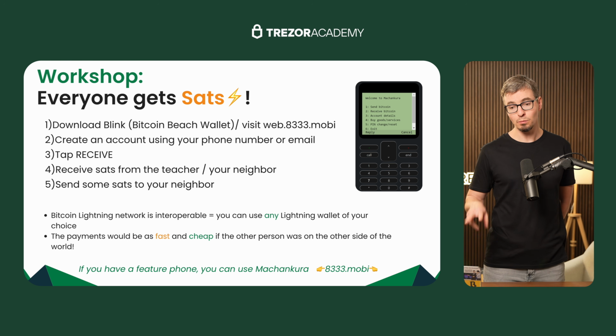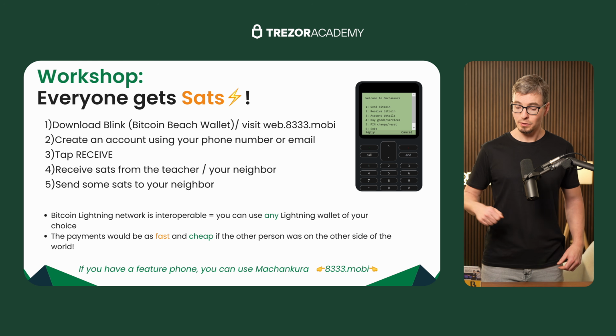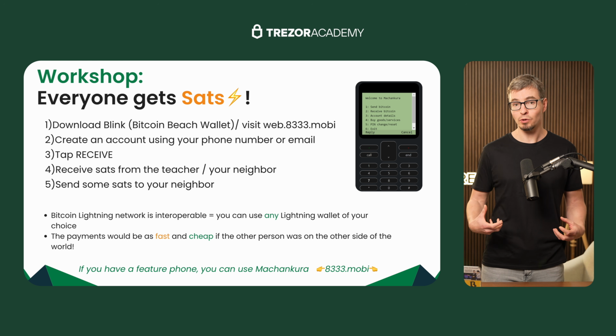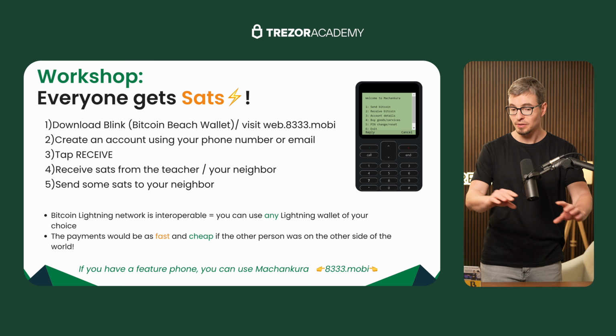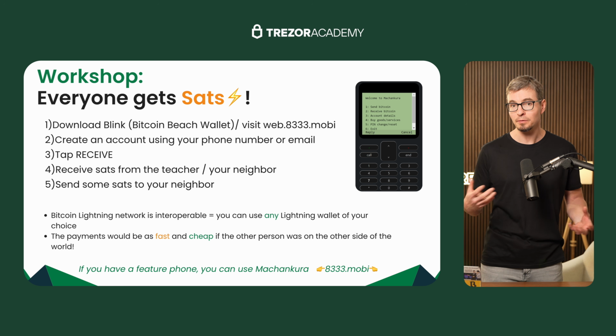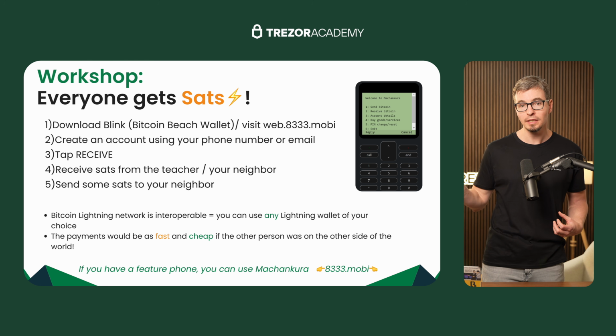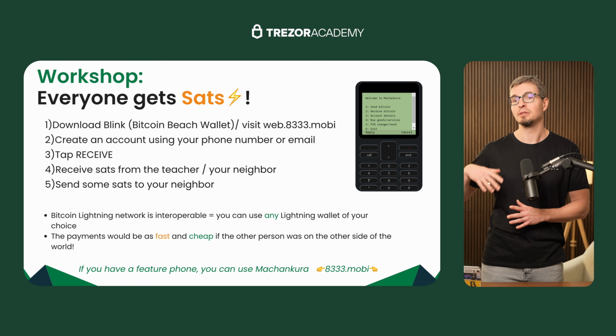Yeah, and we have also two more points on this slide. The first one is Bitcoin Lightning Network is interoperable. It's an open protocol, meaning there's Bitcoin running underneath, but you can use any type of wallet app to access it and to send and receive Bitcoin. So, for example, I don't have to use the same wallet as Okin does. We can do a transaction Machankura to Blink or to Phoenix or some other Lightning wallet,